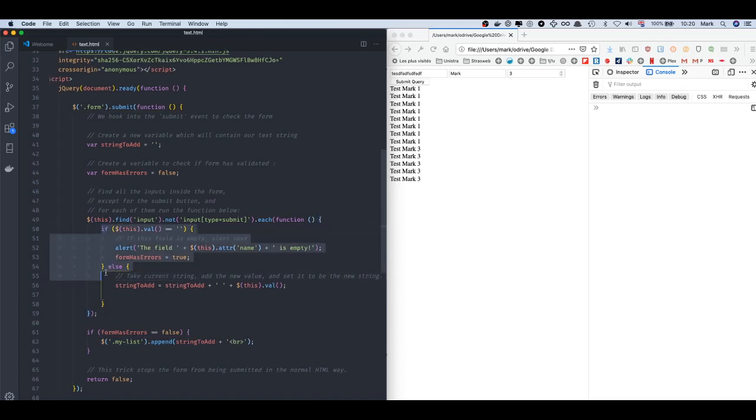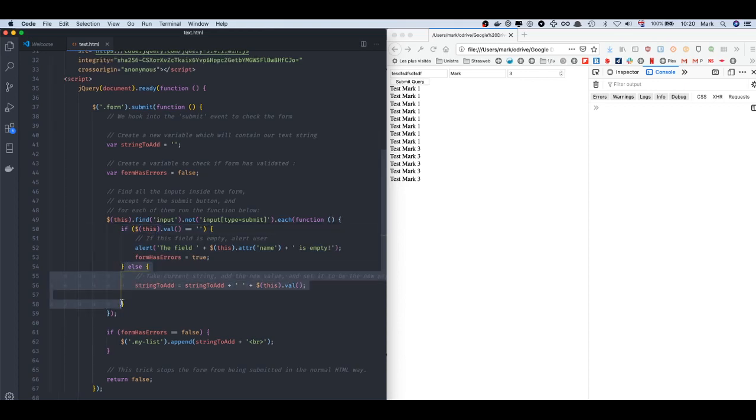So this is that first if. The condition was, is the field empty? So if the field isn't empty, then we do our regular processing. So this is again talking about string manipulation. So we're doing the same thing here, which is that we take the existing string to add, we add a